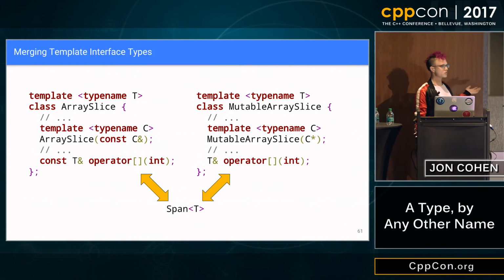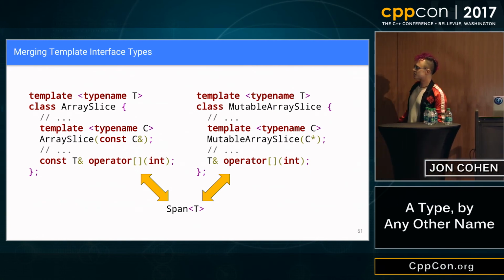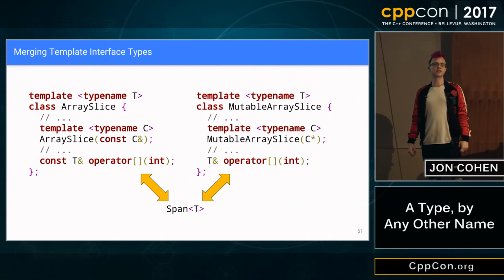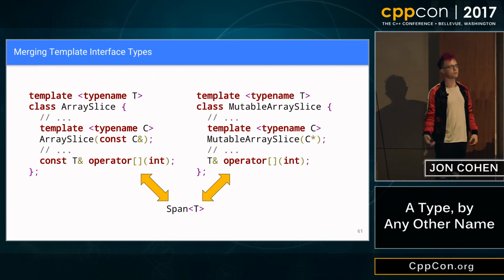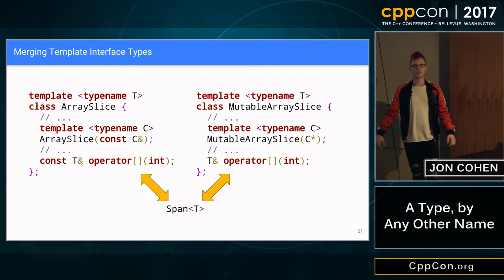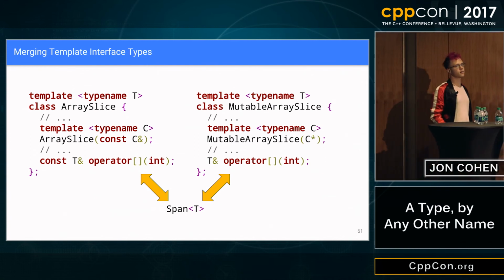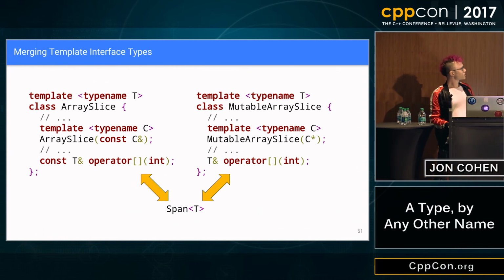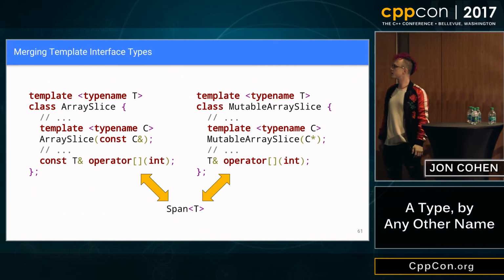These types are used, depending on how our tooling feels these days, it kind of chokes on it, anywhere between 50 to 100,000 times in Google's code base, almost always as function arguments. This is basically designed to be a function argument. You can pass a vector to it, you can pass an array to it, you can pass a whole bunch of stuff to a span. There's a proposal for something similar to it, span, although there are a decent amount of differences. We wanted to ship this, right? We want to take our internal idioms and export them when we need to.